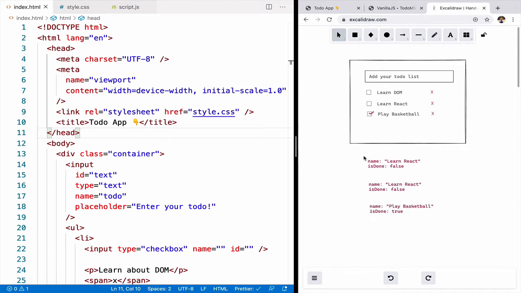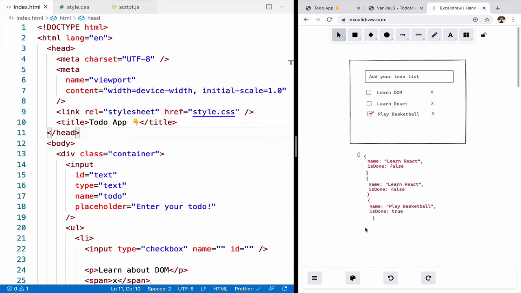And to store this kind of data in JavaScript, the only way to do that is to store it in an object, because an object contains key value pairs and we have a key value collection here. Now what if we want to store all of this data somewhere in JavaScript? The only way to store that is in an array, because an array contains a similar kind of structure. So here we can see the structure that we need is an object that has two properties, name and isDone. Name is the name of the to-do list, isDone is the property that holds whether that to-do list is done or not. So this is how we are going to store the data.